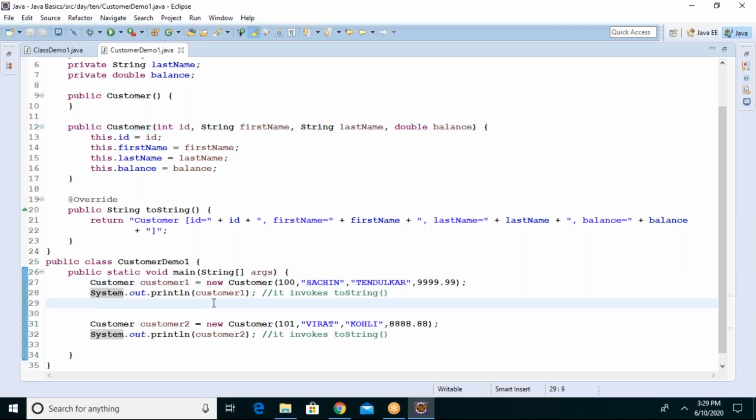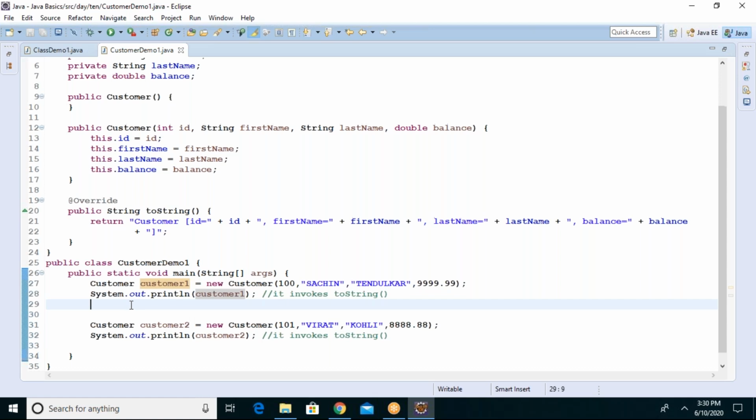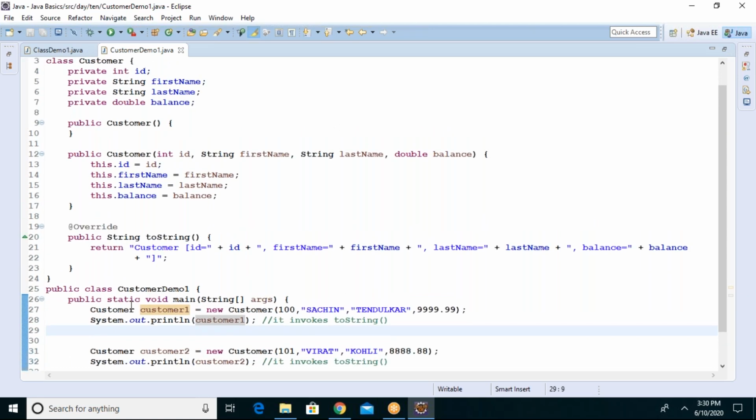Tendulkar's last name is Ramesh Tendulkar. I already created with Tendulkar only, but after creating object, I want to change the last name only. Guys, tell me, how can I change only last name from Tendulkar to Ramesh Tendulkar?